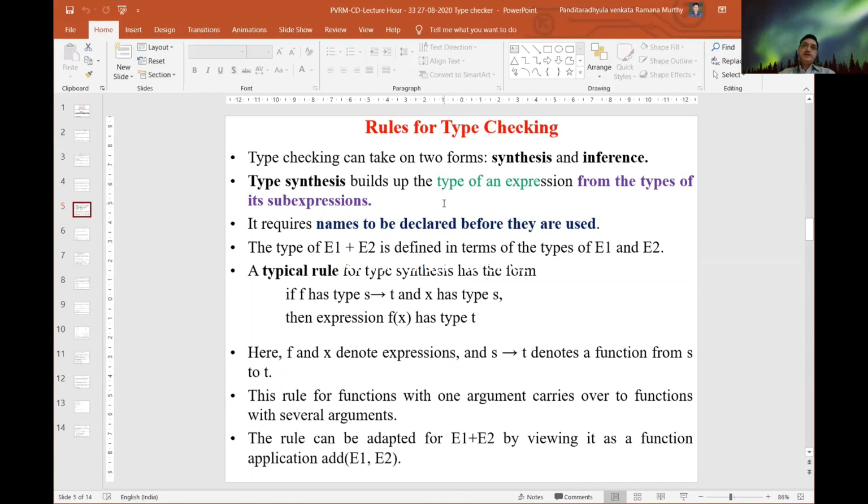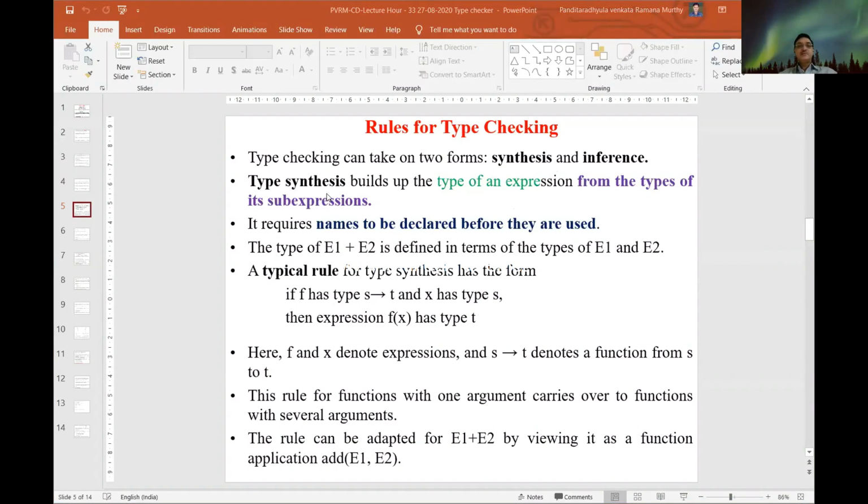Type checking in terms of these semantic rules can be of two forms: synthesis and inference. Now we'll see the meaning of synthesis and the meaning of inference.